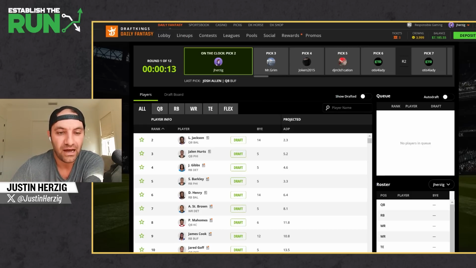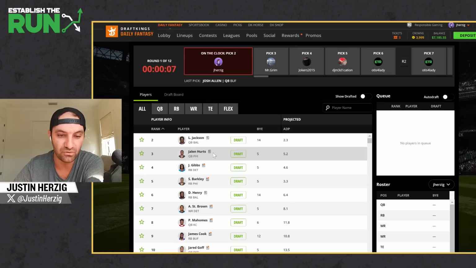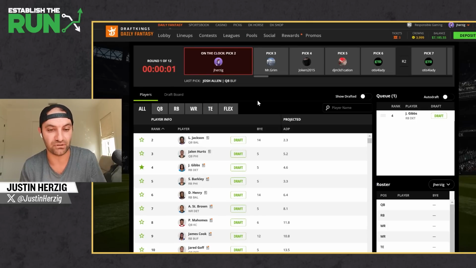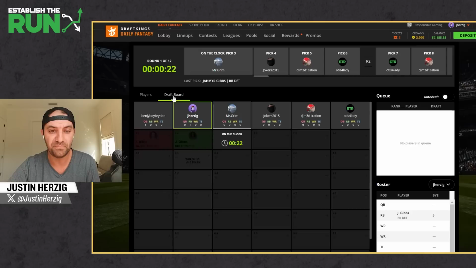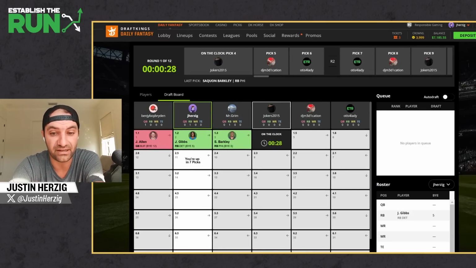We can try that. I don't love grabbing Lamar second because Henry often doesn't make it, and that's not great. You could go Jalen Hurts, but you also risk that the Saquon and the Barkley drafter end up just stacking together. We're going to go for some kind of a unique build here. I'm going Gibbs number 2. The hopes are that